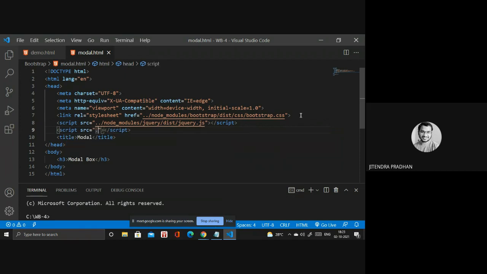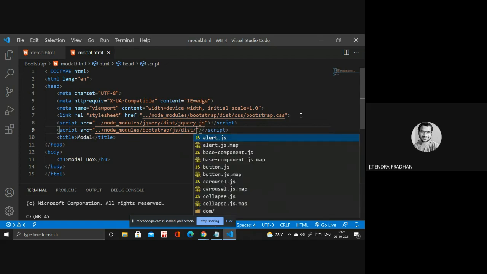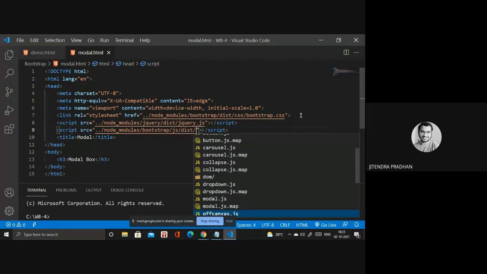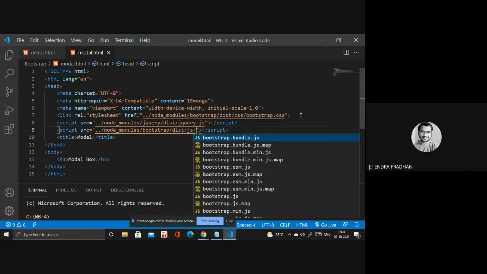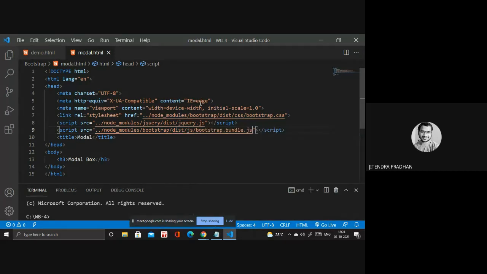Inside node_modules we have bootstrap, JS, dist, JS, inside, yeah, bootstrap bundle JS. So inside this JS folder we have bootstrap.bundle.js.